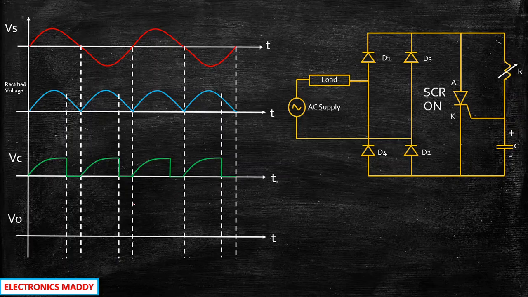Now, what is the firing angle? This is basically the firing angle. Basically, what you were able to achieve, the capacitor charges to a specific voltage, and once the gate voltage is provided, that was the point where capacitor became equal to 0. So the gate voltage was provided at this point, and that is nothing but the firing angle alpha.